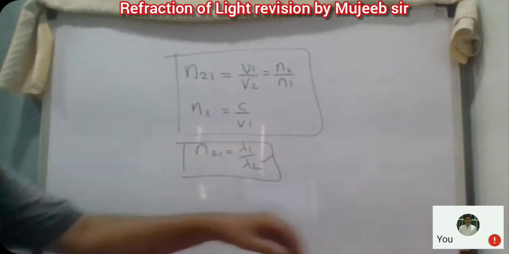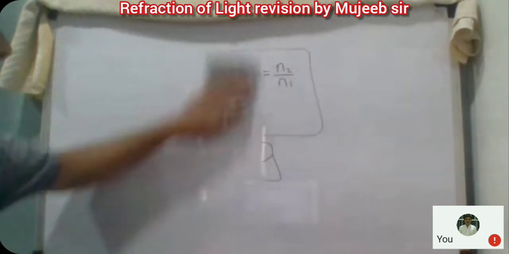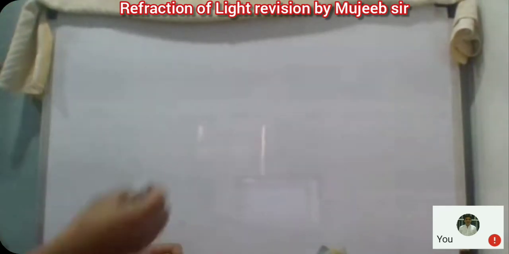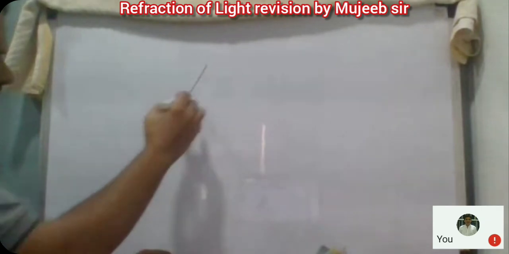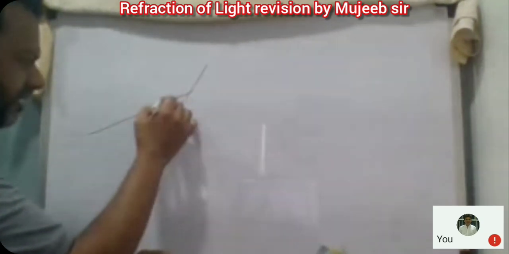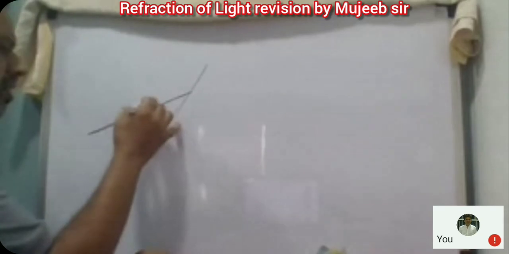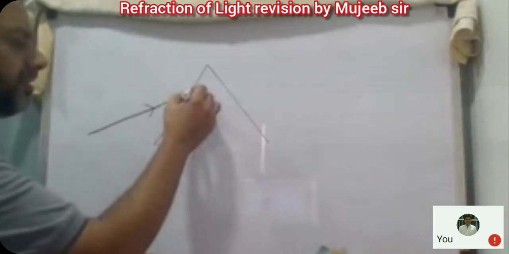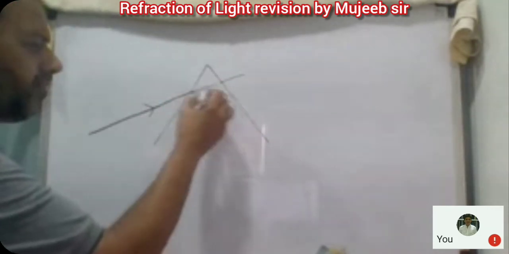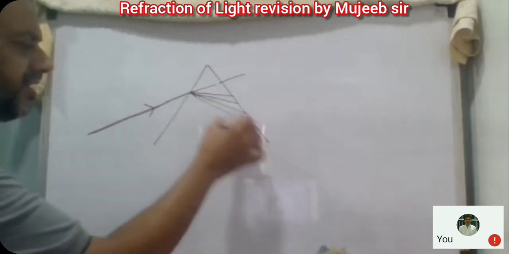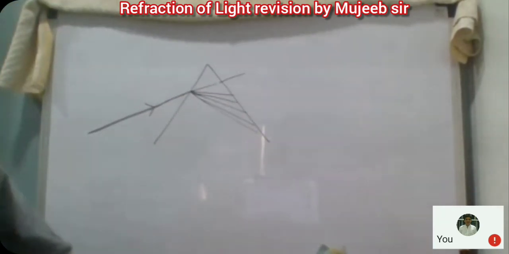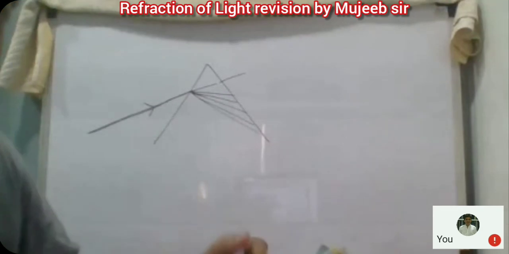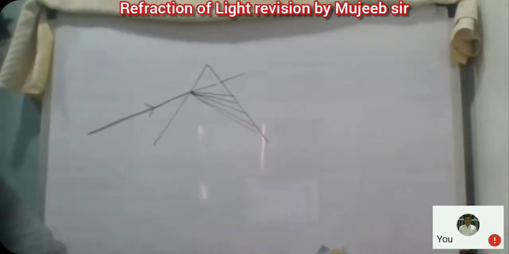Now see what will happen. We got another important answer from this: how the dispersion of light takes place. Suppose this is the surface, and white light is coming and striking over here. When the light travels in a straight line, all 7 colors travel together. But when it enters the medium, different colors bend by different angles. The red will go over here, the orange will go next, and then the others. The one with the largest wavelength will bend the least, and the one with the smallest wavelength will bend the most. In this way the bending will take place.